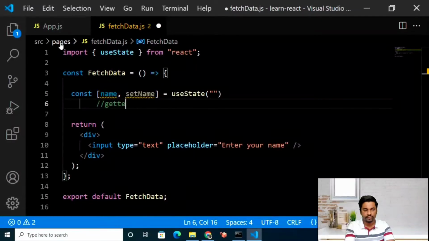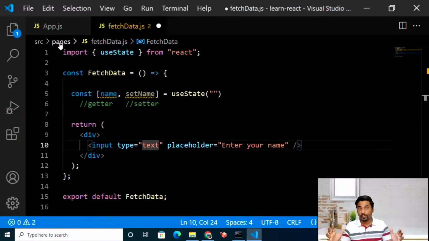This is a getter and this is my setter. So we have getter and setter. Getter to get the value of the variable, setter to set the value of the variable. You should understand this difference. We are going to see how we set the value of the variable, but for now,